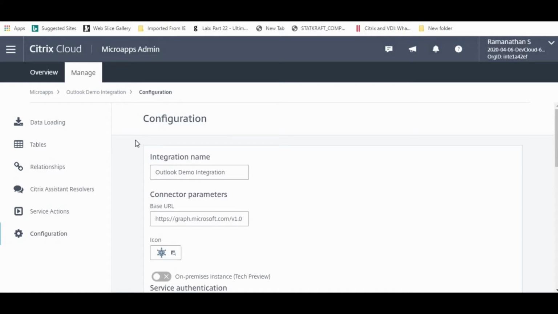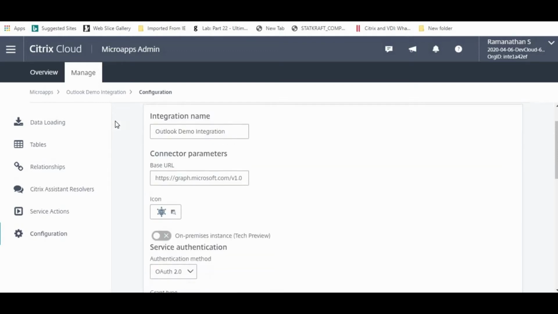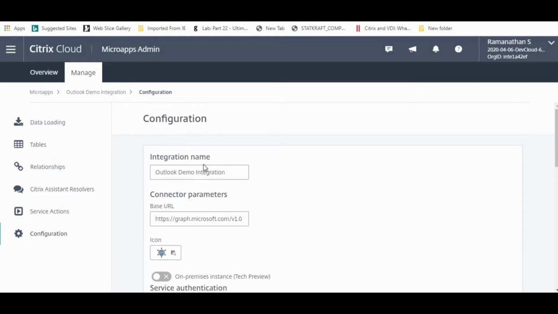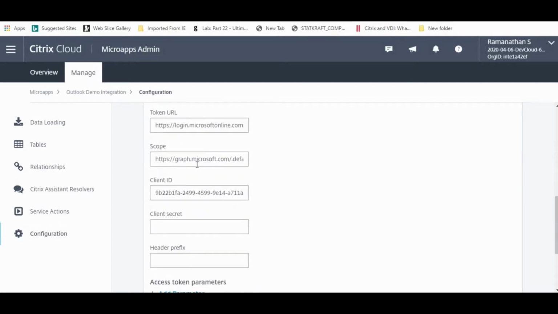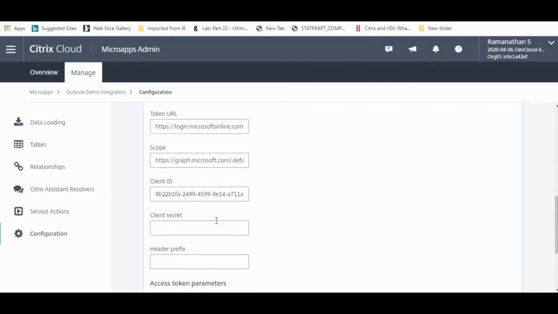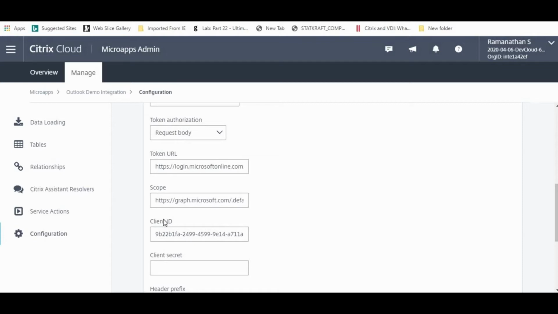So the integration that we have done for authentication purpose: we used Azure Active Directory as a tenant that we configured, and as an application. The integration that we have done is to pull out the Outlook calendar. For the authentication mechanism we used OAuth 2, and the credentials and everything is configured here, where we are taking the data from Outlook using the Graph API. So this is one portion, the integration part.